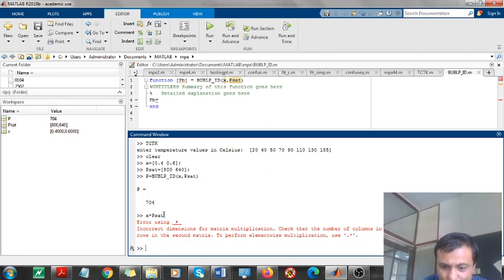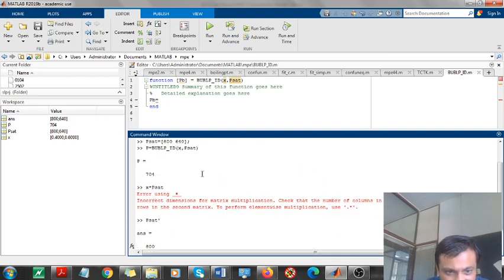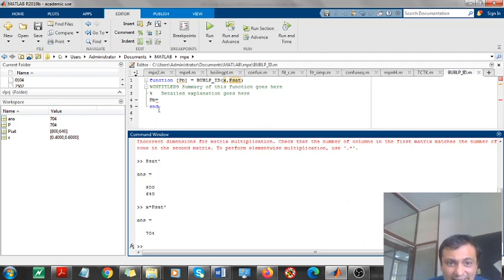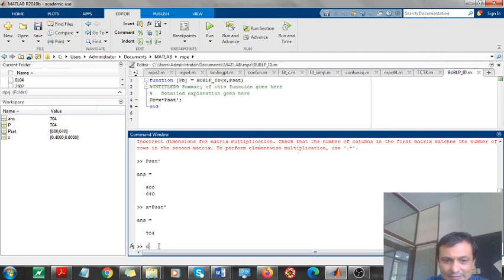Let me first show you what p set dash is. p set dash is the transpose of this. So p set is this and p set dash is this. Now can I multiply x with this? So x multiplied by p set dash is this. So I can directly write here x multiplied by p set dash and a semicolon.